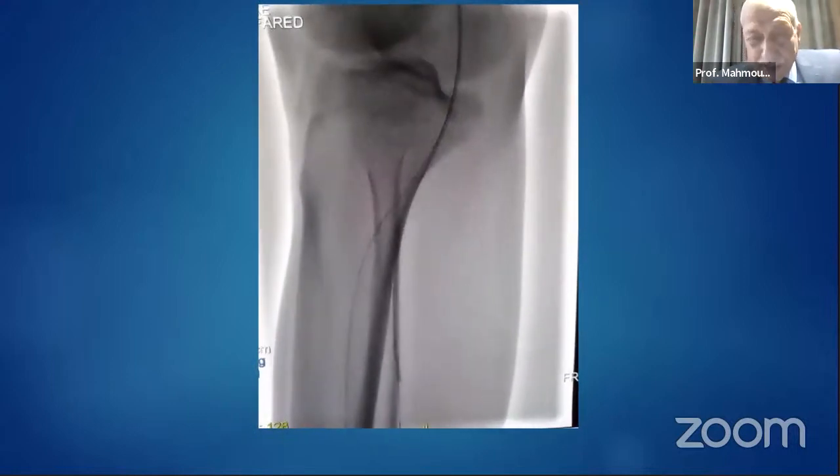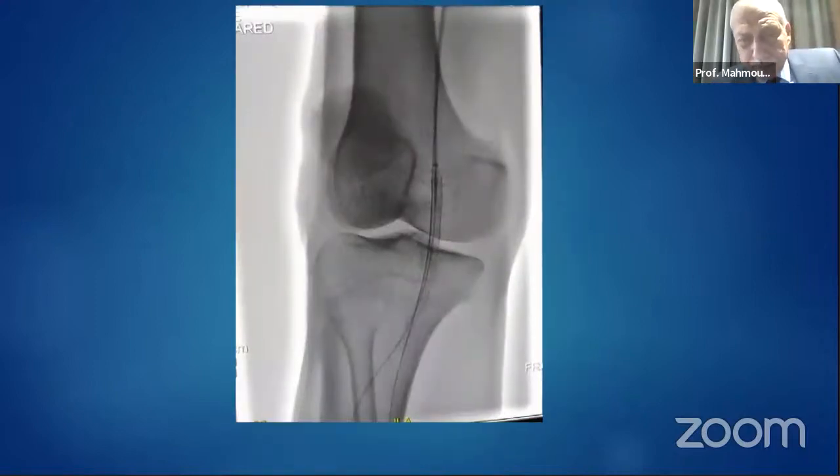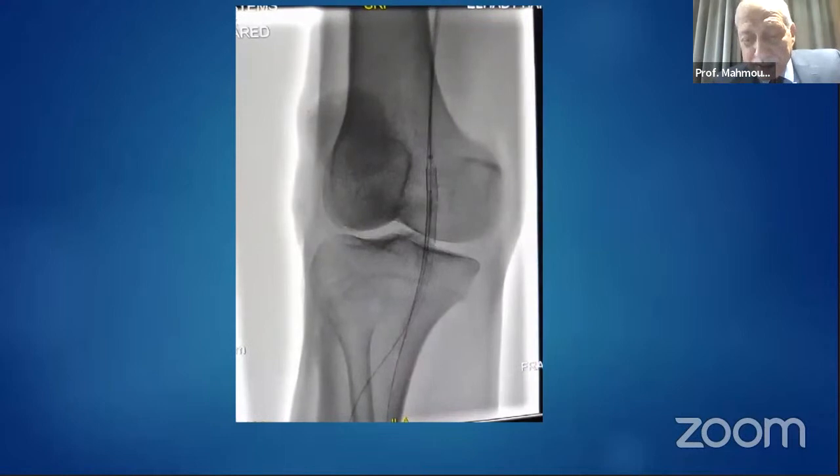So we managed to go also in the tibioperoneal trunk with a wire and support catheter. Now we had two wires going to the anterior tibial and the tibioperoneal, going to the peroneal. Then we put a Supera stent,